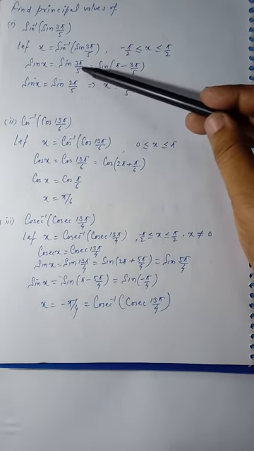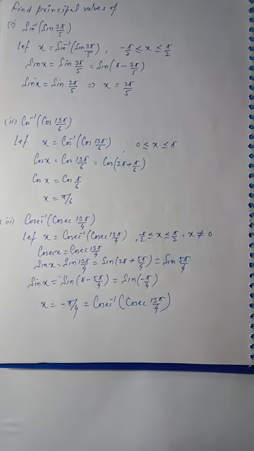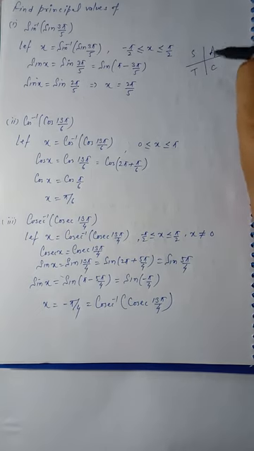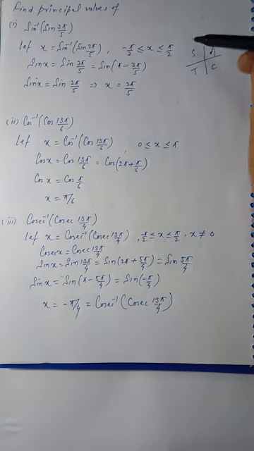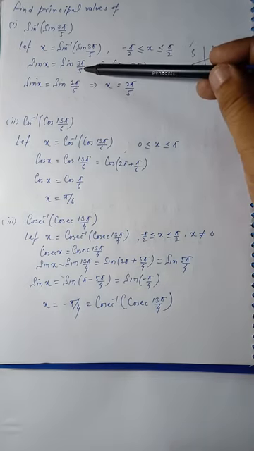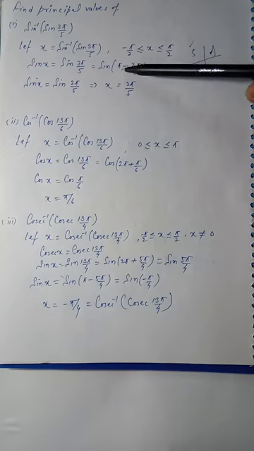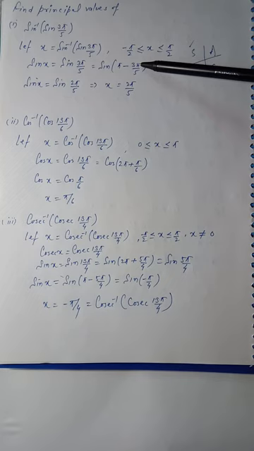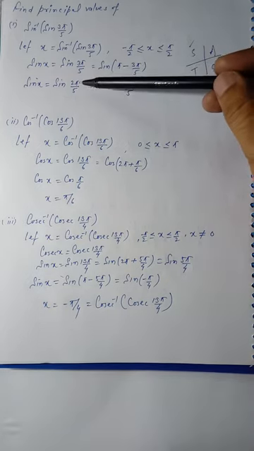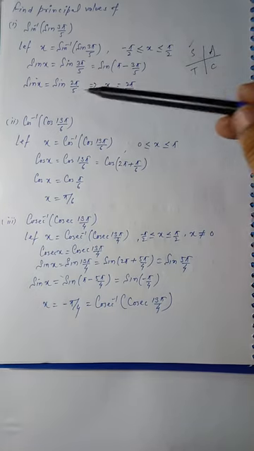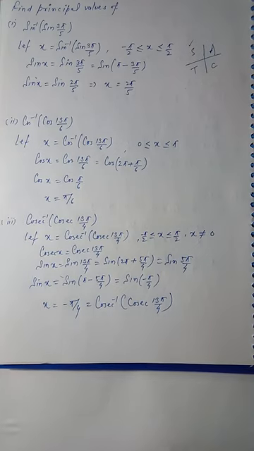So now this is sine theta, and we know from the ASTC concept, all sine tan cos, that the sine function is positive in the second quadrant. So we can shift this angle to the second quadrant by using sine 180 minus theta, because sine 180 minus theta is sine theta. Now solve it. It is 5 pi minus 3 pi, so it becomes 2 pi by 5. Now this 2 pi by 5 is actually less than pi by 2. So that's why the value of x is 2 pi by 5.